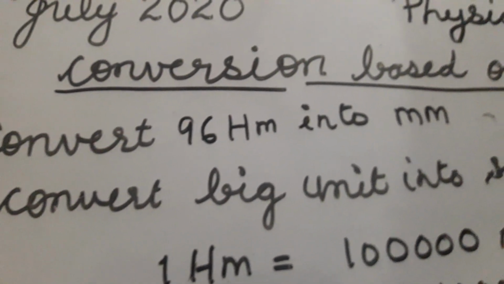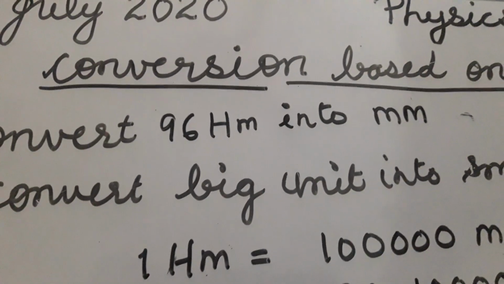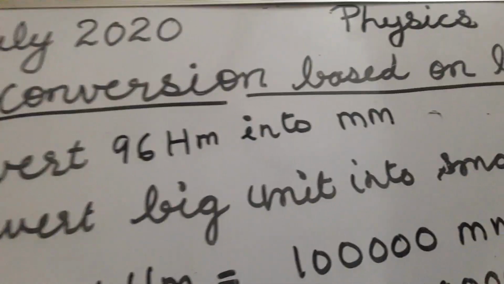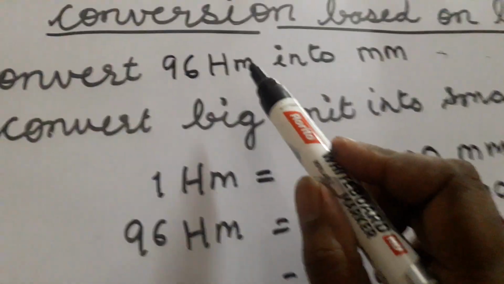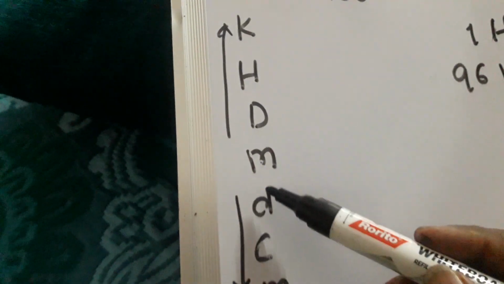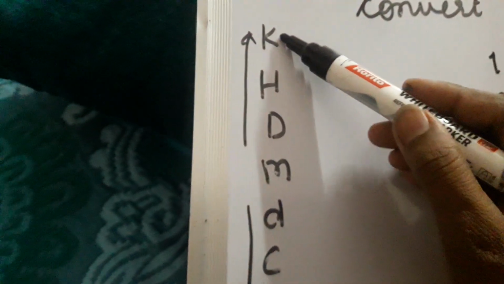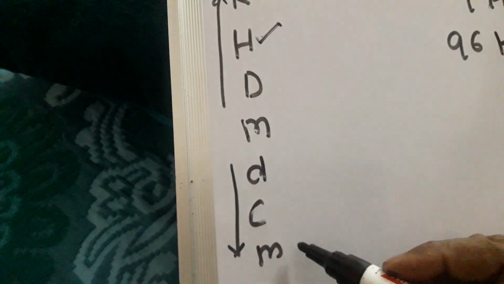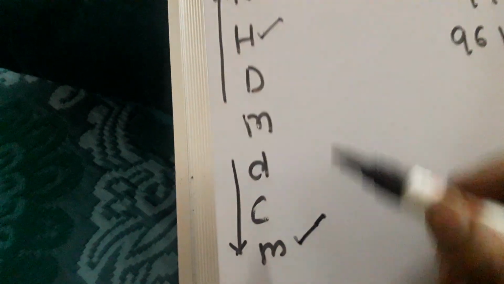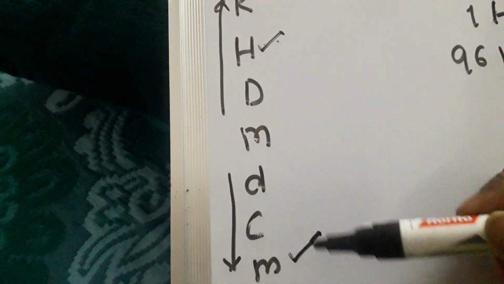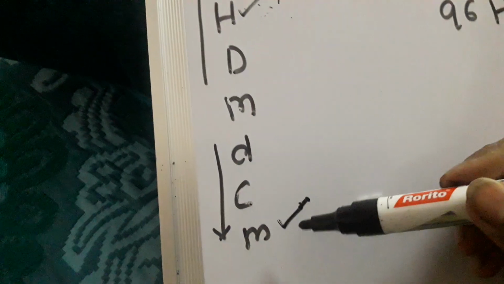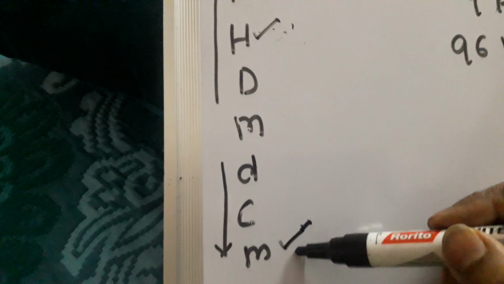Now see this one. Conversion 4. Convert 96 hectometer into millimeter. Again we have to see hectometer and millimeter, this unit and this unit. We will see here. Khansama has deserted me during cold months. This is kilometer, hectometer. This is hectometer. We have to come down to millimeter. Convert this unit into this unit. This unit is written upper side, it means it is a bigger unit. And this is written here, it means it is a smaller unit.